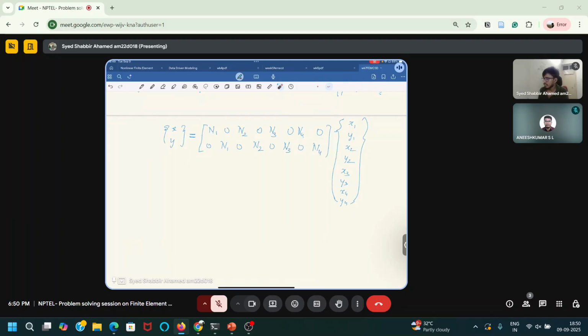Similarly N2, N3, N4, all these we will substitute, and also the values of the coordinates x1 up to x4 and y1 up to y4. Substituting the shape functions which we derived for natural coordinates, and after multiplying, we will get x, y equals